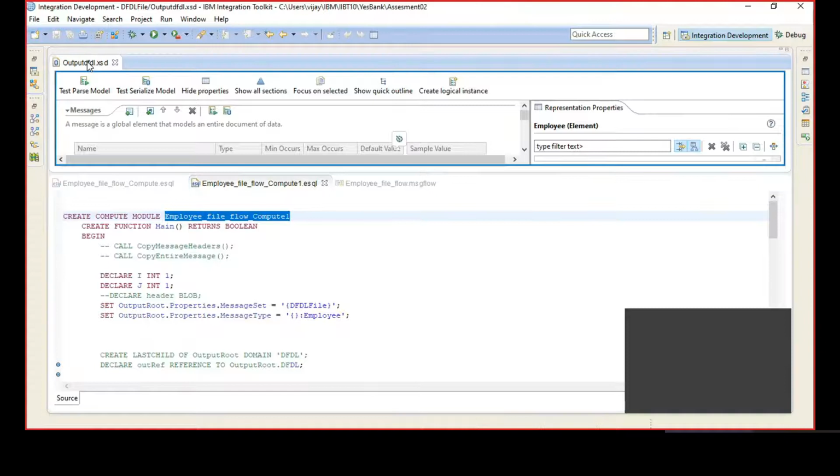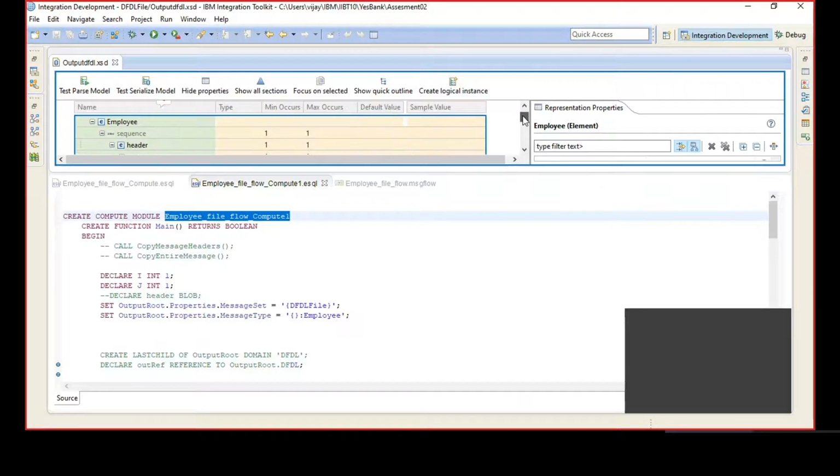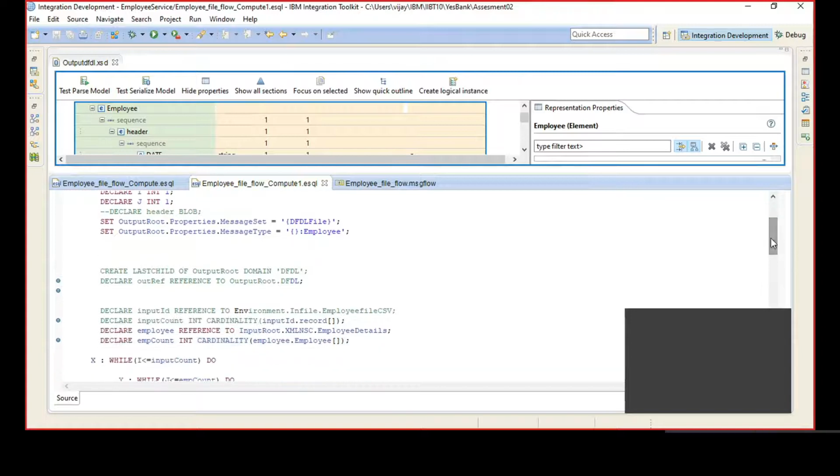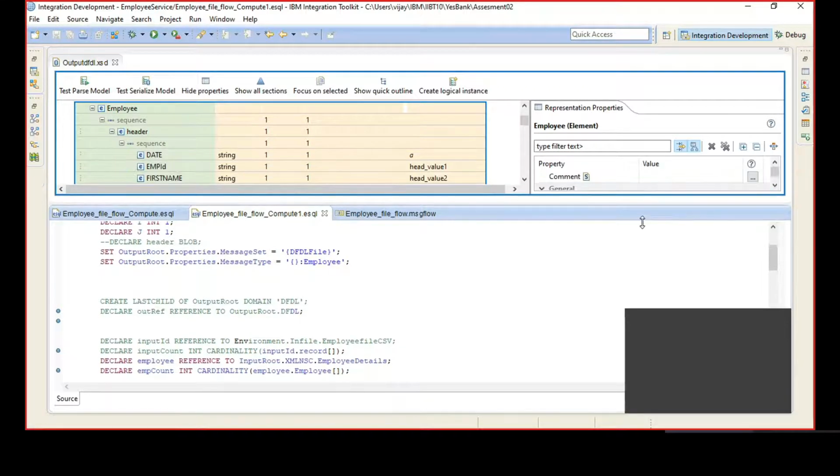Now let's see the type in the XSD, adjust the window size. So here it says employee, that's fine. Let's scroll down in your ESQL. Within the ESQL, I want to see where you're setting the output root DFDL, that section.